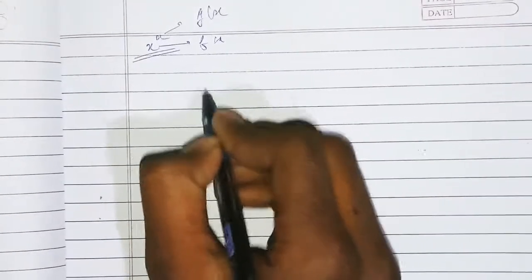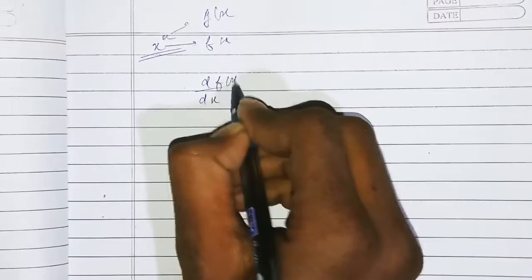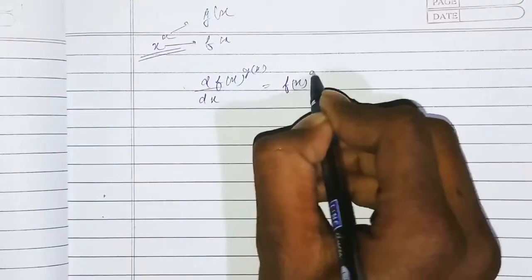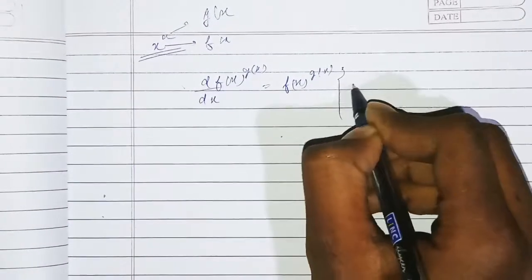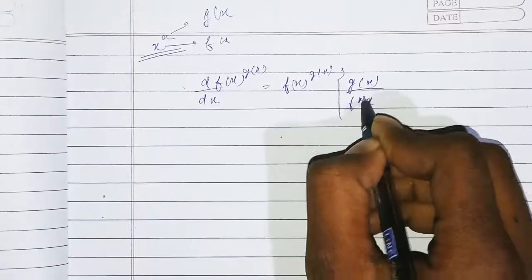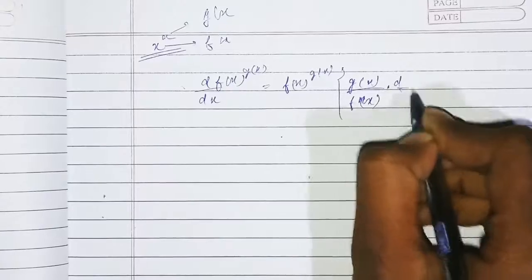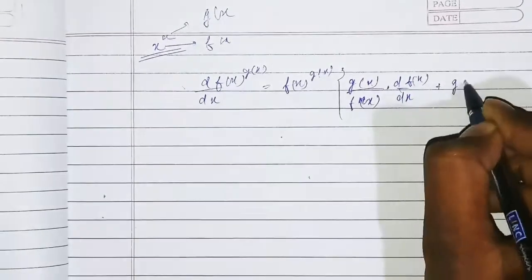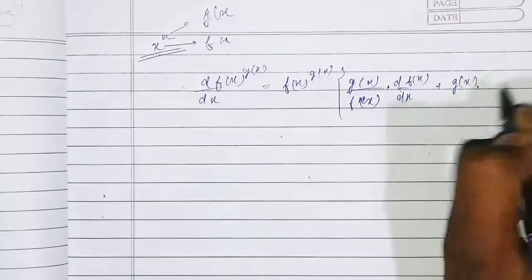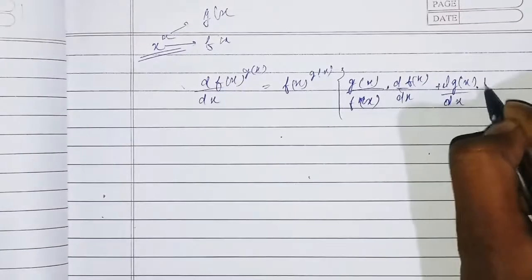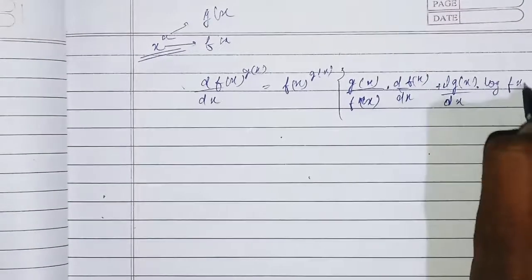Now in our formula, d by dx of f of x to the power g of x, we have seen that f of x to the power g of x into g of x by f of x into d by dx of f of x plus g of x d by dx of g of x into log of f of x,